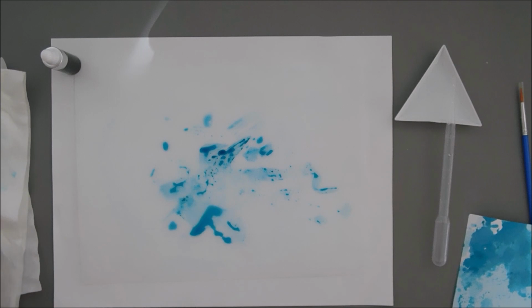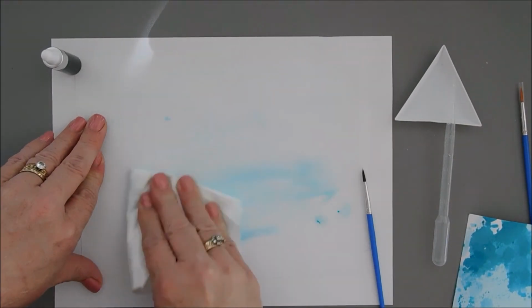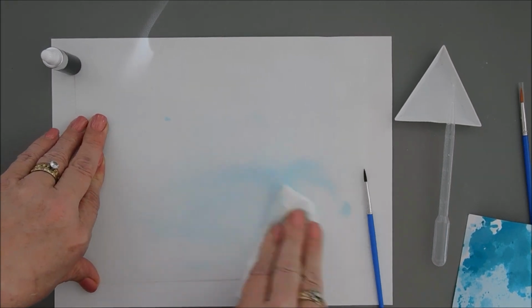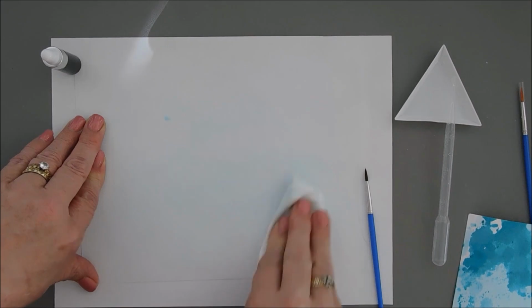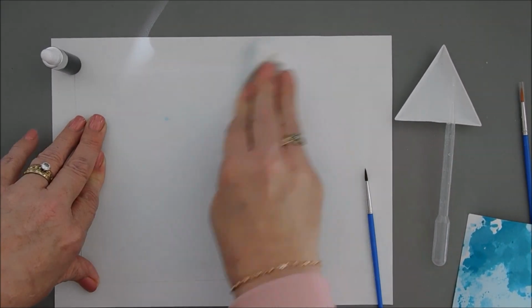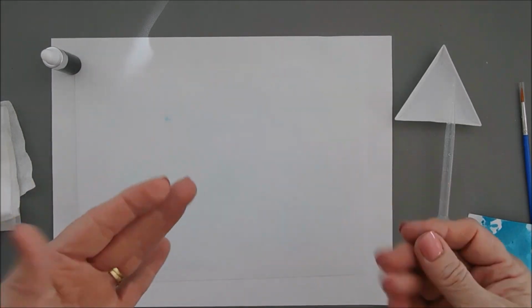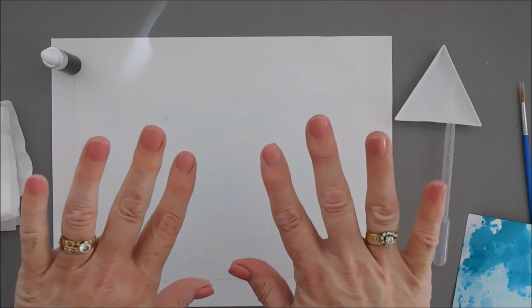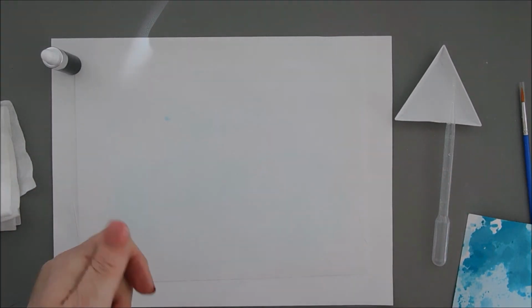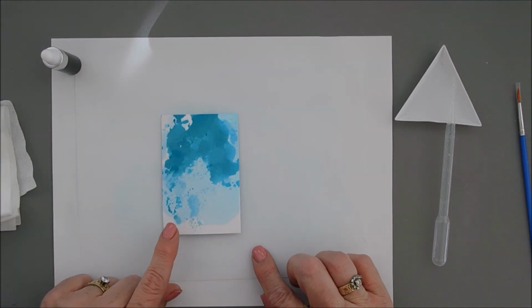Okay, I'm going to use my towel here. Let's clean off our craft mat. You can kind of see the blue tint that it leaves. Okay, and if you wanted to use your gloves, you can. I don't know if they'll last three times in a row, but so far my hands are pretty good. So we're doing good. Now we're going to bring back our panel, and then we're going to do a little